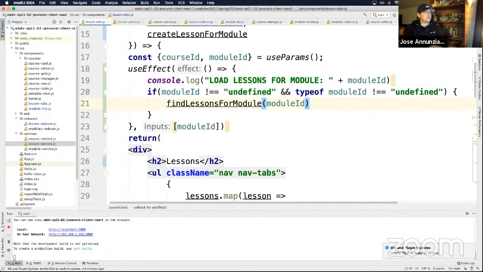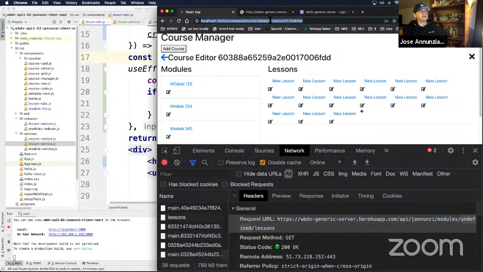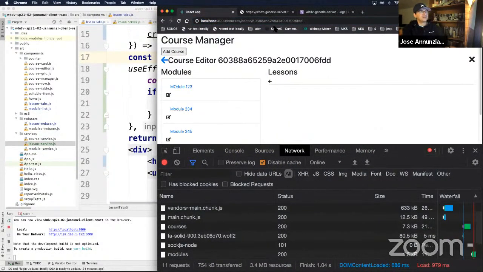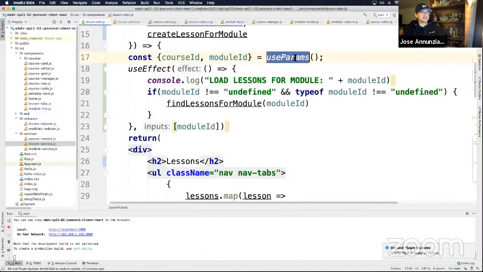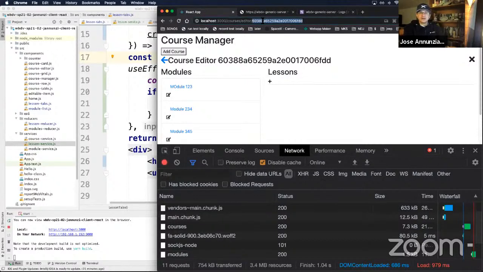So there's a question here on the chat that says, what does useParams do? So what useParams does, right, is that it parses the URL here. So let's refresh. Okay, it parses this URL, and it allows me to retrieve data. It allows me to grab those values, right? So for instance, I want to grab this, and this I know I mapped to a variable called module ID, and this allows me to say, hey, you know that